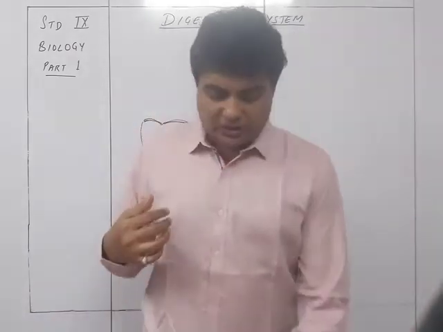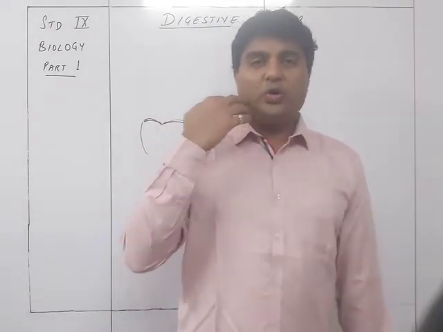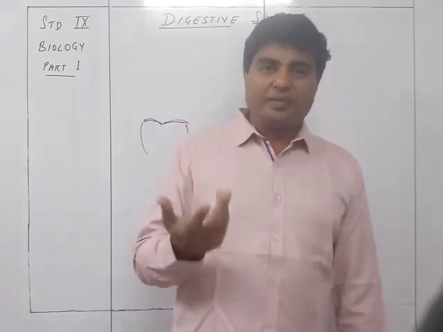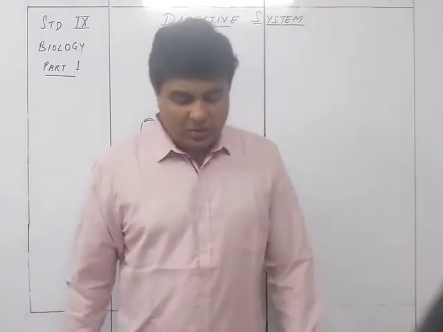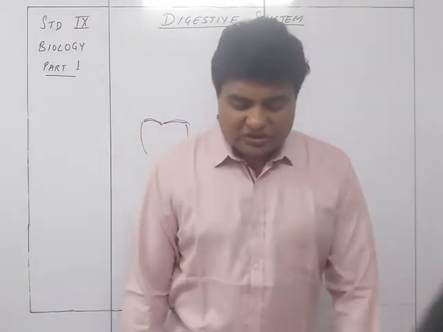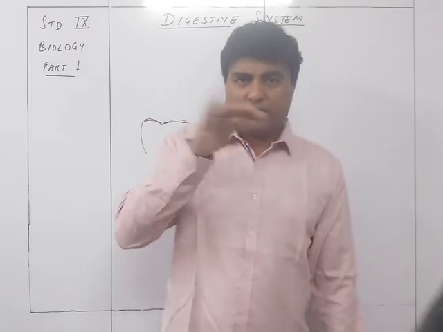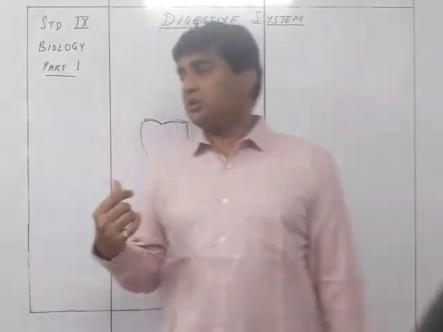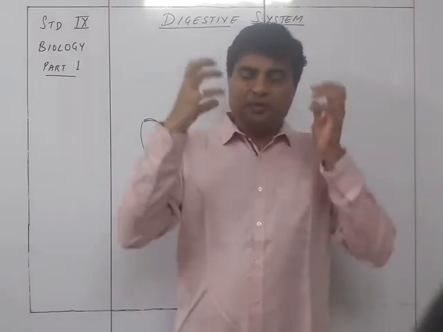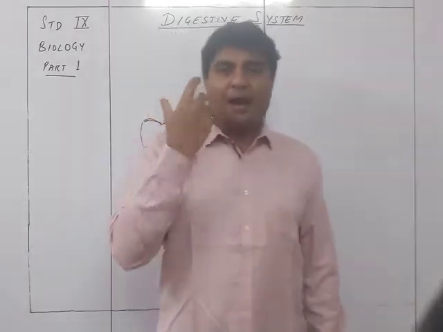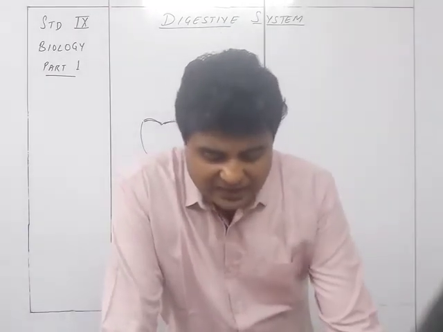And then come the 3 sets of molars. The molars are similar to the premolars, but they are the last 3 teeth on each side of the jaw. They have a larger surface than the premolars. They are flatter compared to the premolars, because the major chewing action has to be done by the molars. So that's why they are the principal grinders and crushers of food.